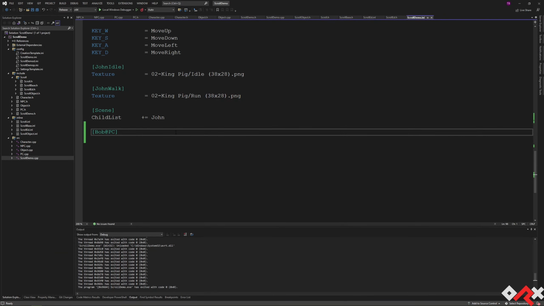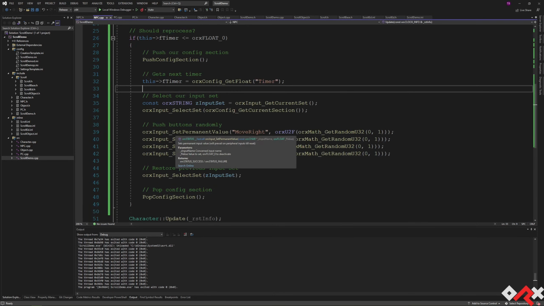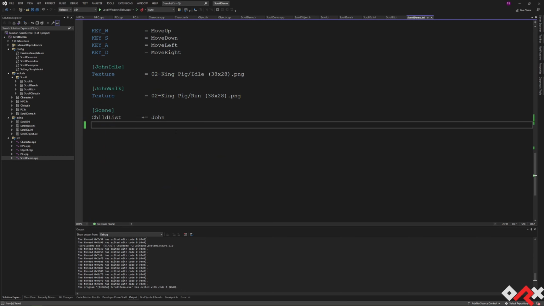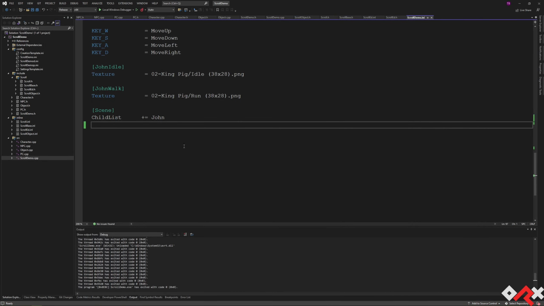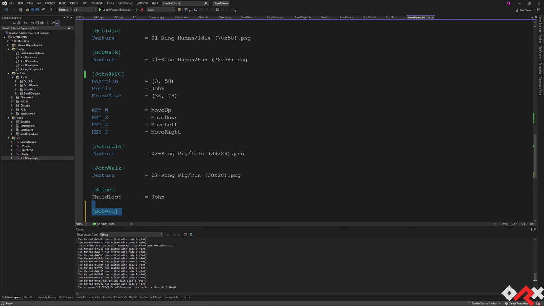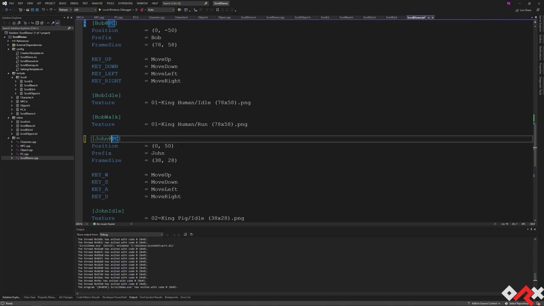And then when I'm done, I'll just remove this line. Visual Studio, my cursor, thank you. And Bob is now back at being a dumb NPC and living a life of its own. Bye, Bob. Okay, so hopefully you can see how this can be very, very powerful for developing advanced stuff with